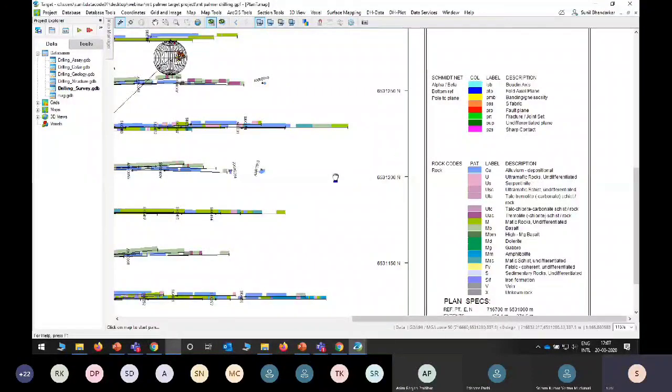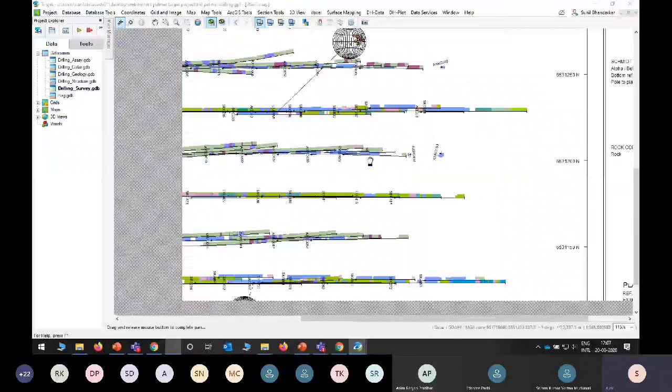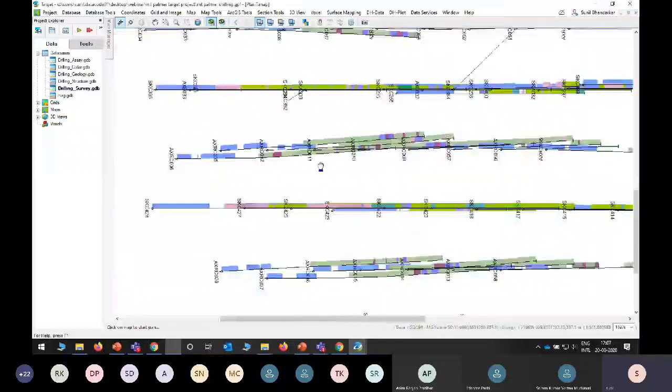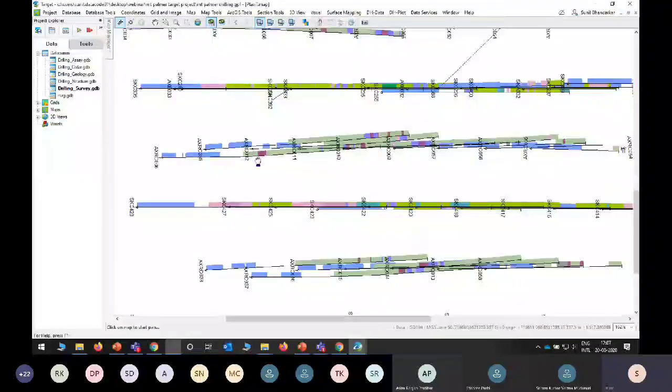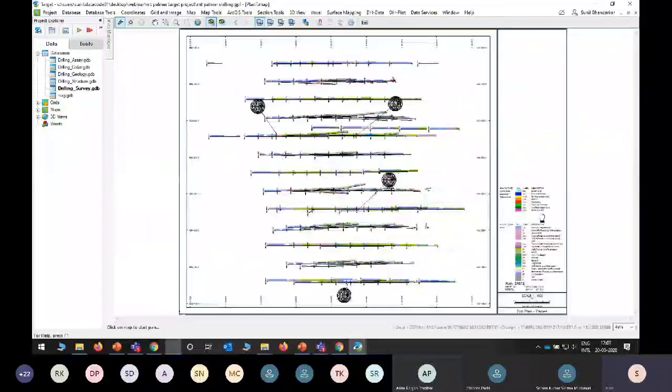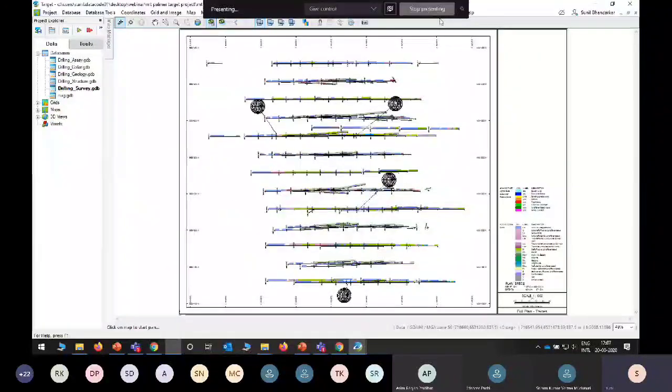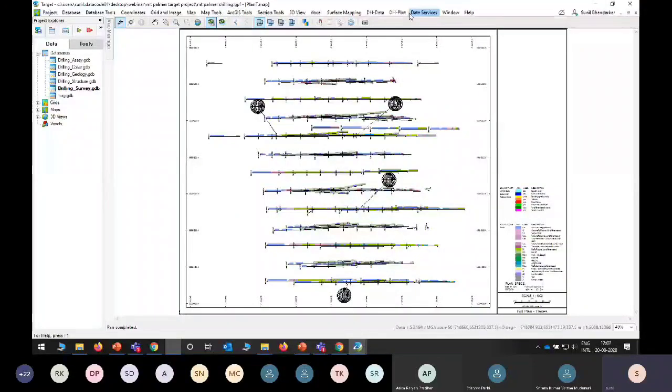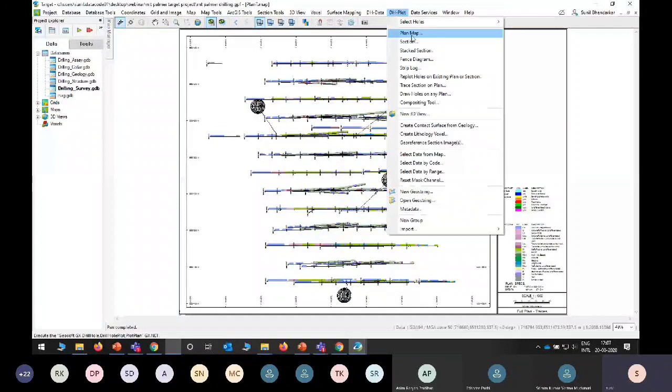And you can see this is the borehole deviation. A few boreholes are curved in nature, so that thing you can easily display within your plan map. Now we will create a cross section. For the cross section, you need to